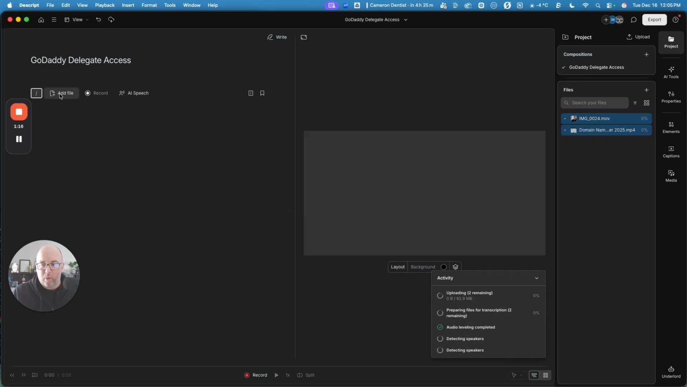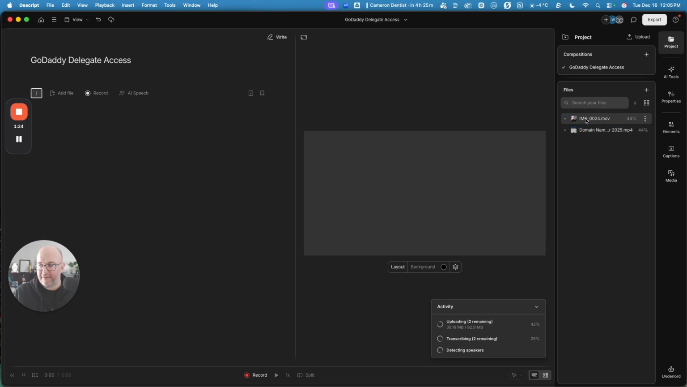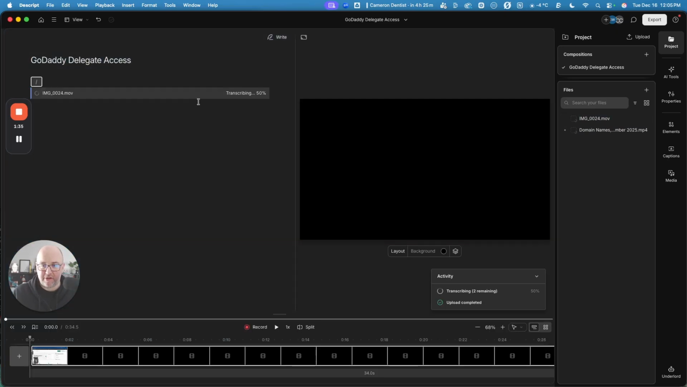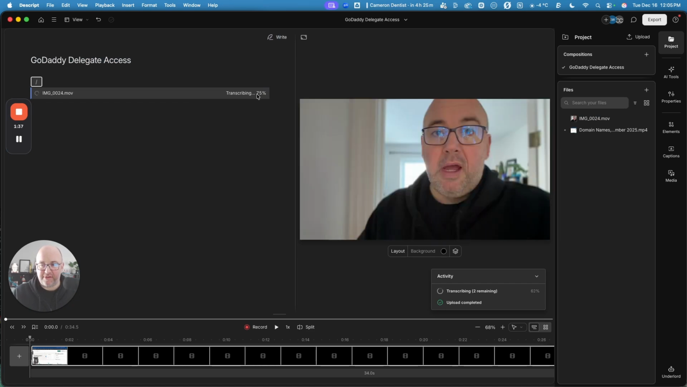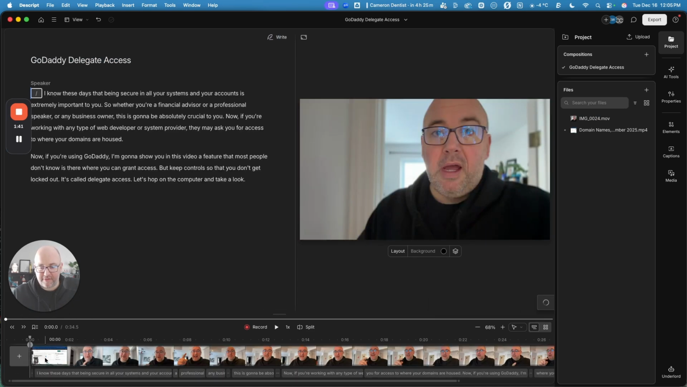So now what we can do on the left-hand side is put the order here. It says add file, and then you could have done it here as well, right? You could have done it that way. But we're going to pick the first video clip here, and we're going to drag it over here. And if I did it up here, it says add the script without transcribing. I want to transcribe this because I want to show you how to put captions on the video. So I'm going to drop it in, and it's going to start to transcribe that video. So there I am, where I'm starting to talk. So if I hit the space bar down here on the timeline,